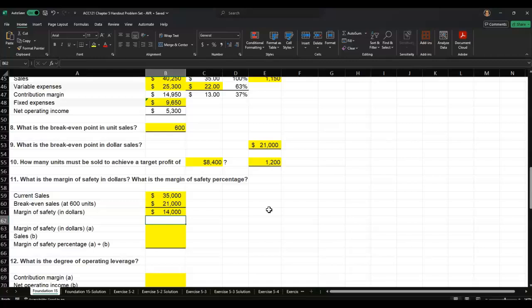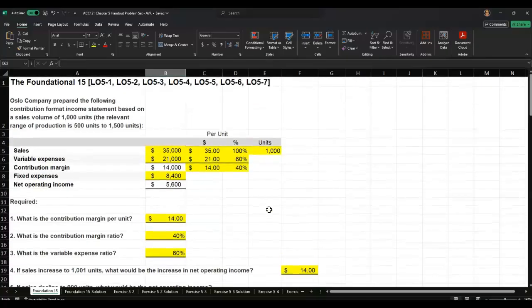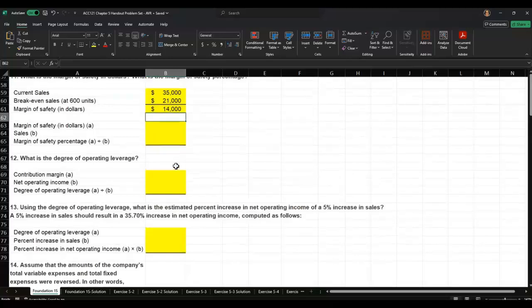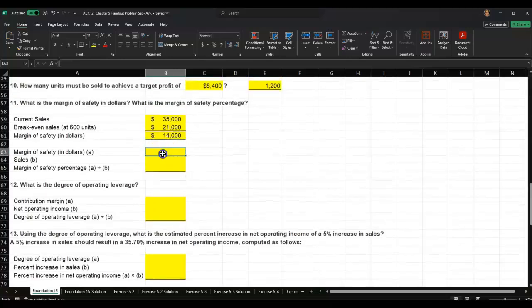So effectively, at that point, we're trying to give ourselves an idea of, if sales drop, how badly is it going to be before we hit 0? So in this particular case, it's 14,000. If you stop and think about that, we've got 35,000 here, we got 14,000 there. So when we're trying to factor in our margin of safety, we just take our margin of safety and divide it by